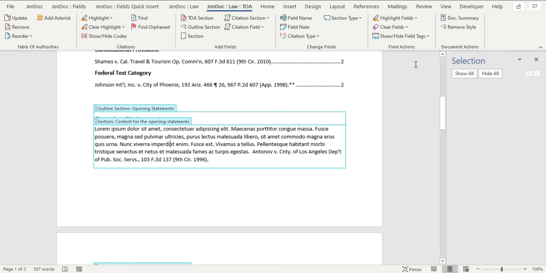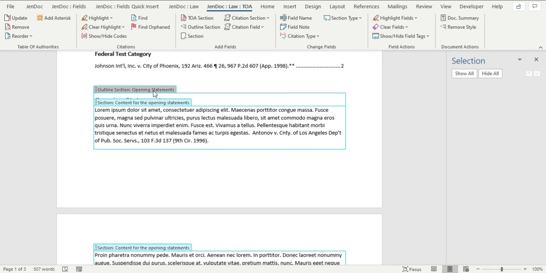All right, so there's that, and then we only have a couple more things to go over. And what I want to go over now is the field note. So I can add a note to my fields. So say that